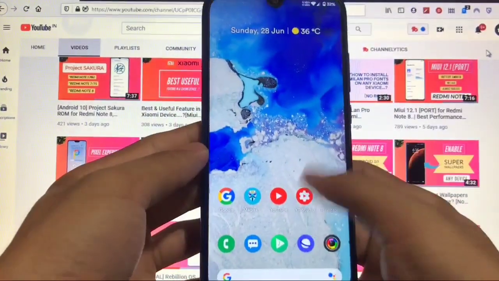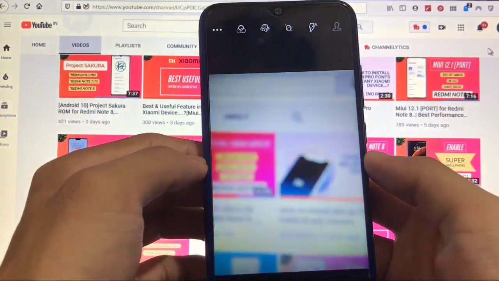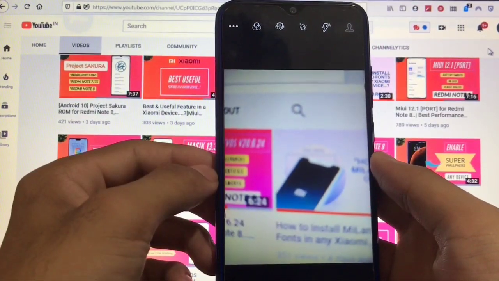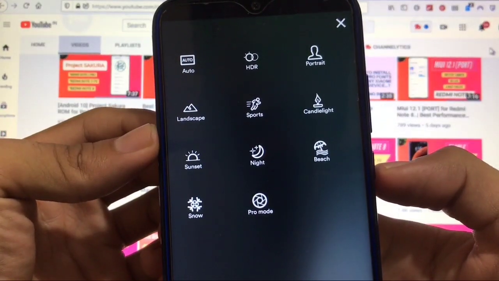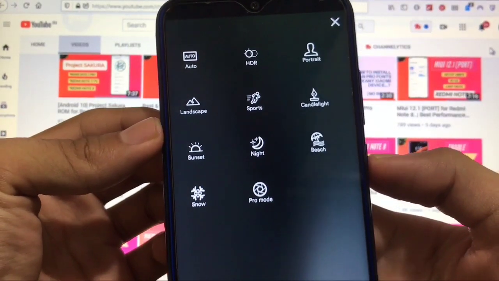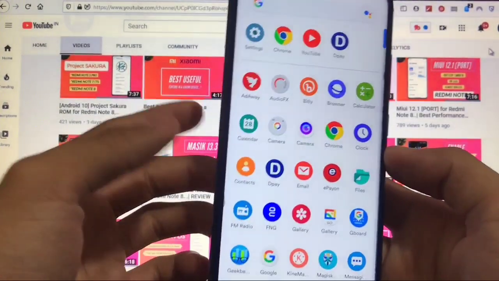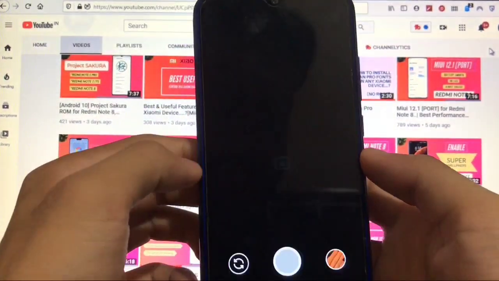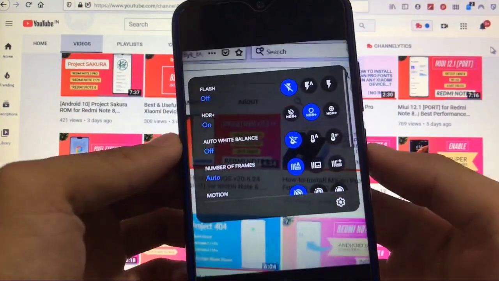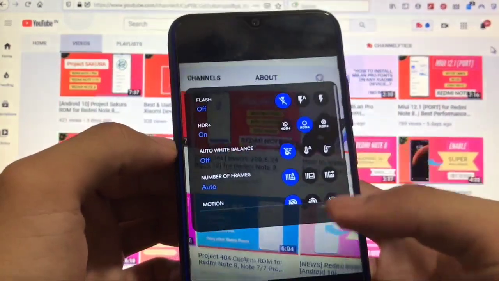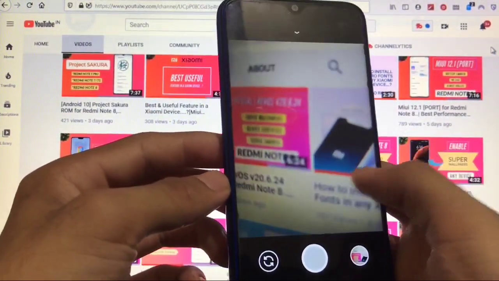So moving on to some other things, we have the default camera, which is a Snapdragon camera, which is working perfectly fine and has a lot of extra features. As you can see, auto mode, HDR mode, pro mode, etc. You can customize your device with this default camera also. But we have another choice, that is Gcam, and Gcam 7.3 is perfectly fine, including HDR plus. That's just an awesome thing. And you have the portrait mode, camera mode, video mode, and a lot more.